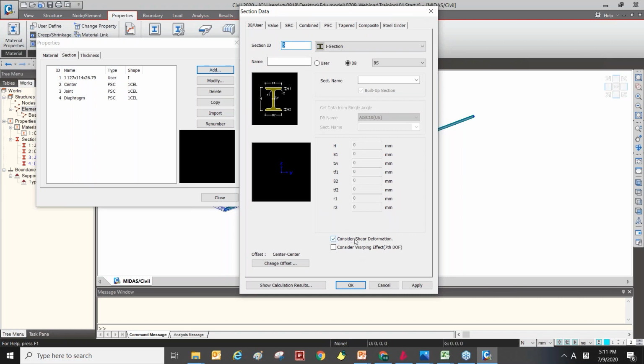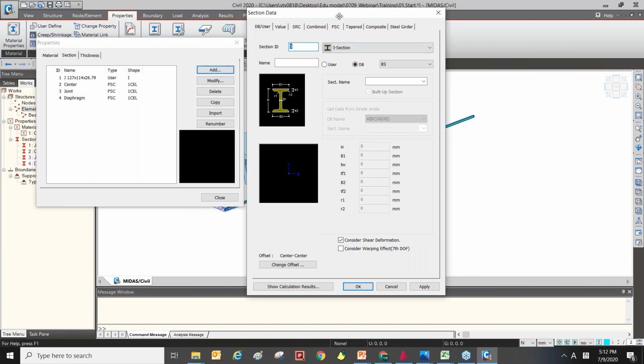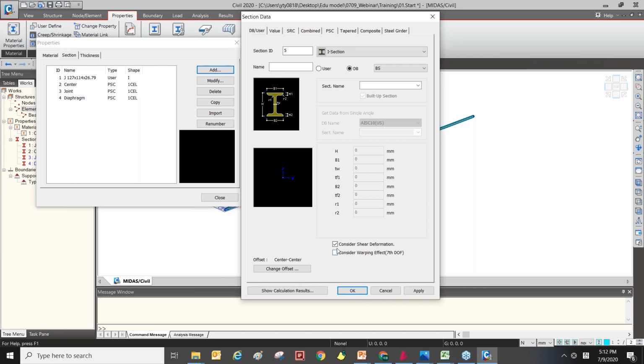If you check on Consider Shear Deformation, the software will consider the deformation in the section plane due to the shear force. The engineering term is Timoshenko beam. If you don't want the Timoshenko beam, just uncheck this option. Then the software will consider only the bending strain. But by default, the software has Consider Shear Deformation checked.